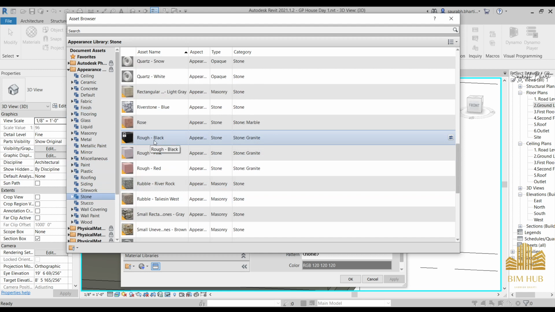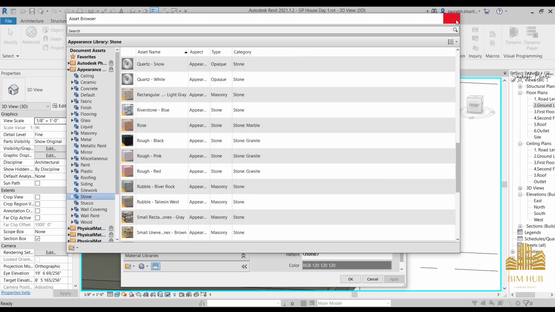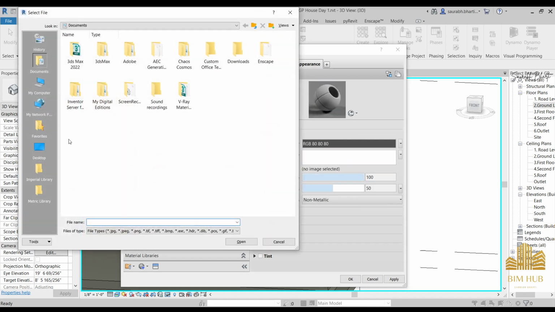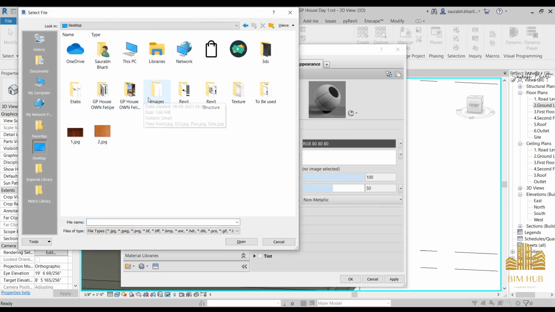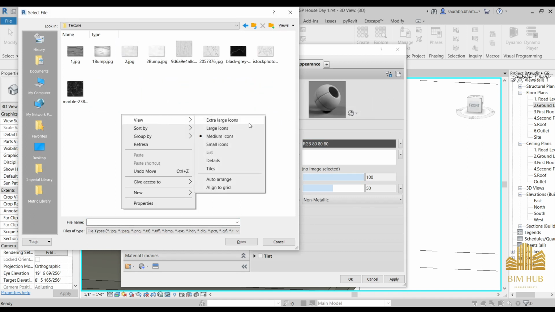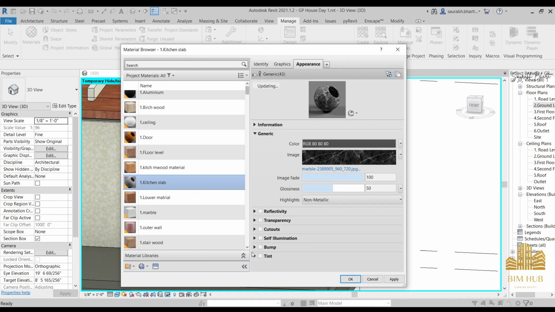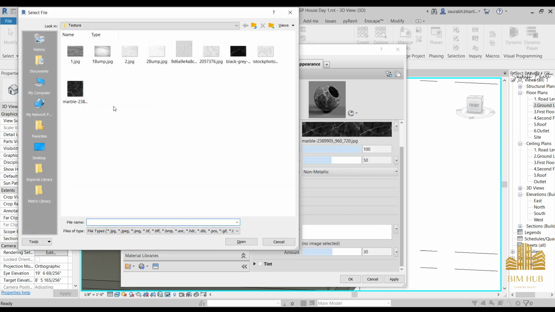So you can either choose this one, or what you can do is go to the appearance, select an image, and I have some of the texture over here. So let me find the texture. Where is that texture? Okay, this one. And here we have something of marble type. So these two images. So I am going to select this one. Open, bump the same image,